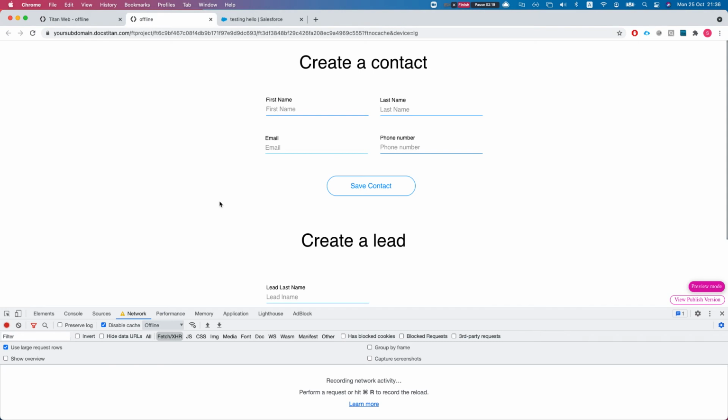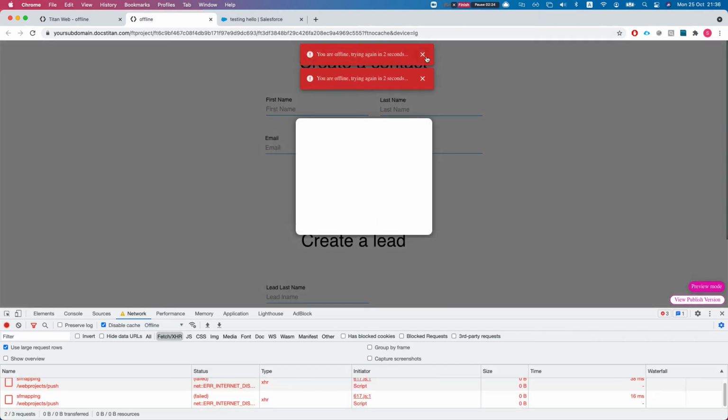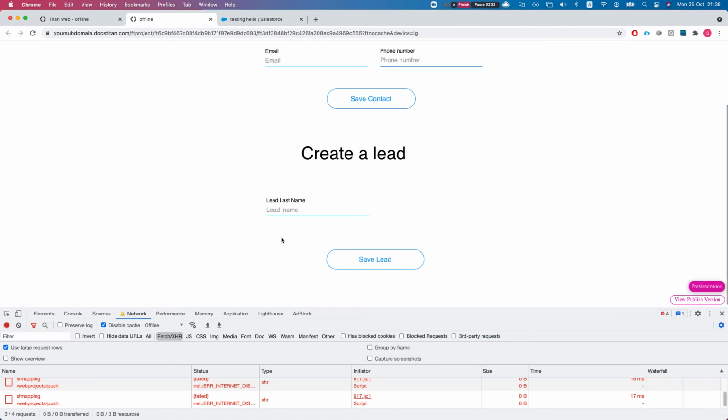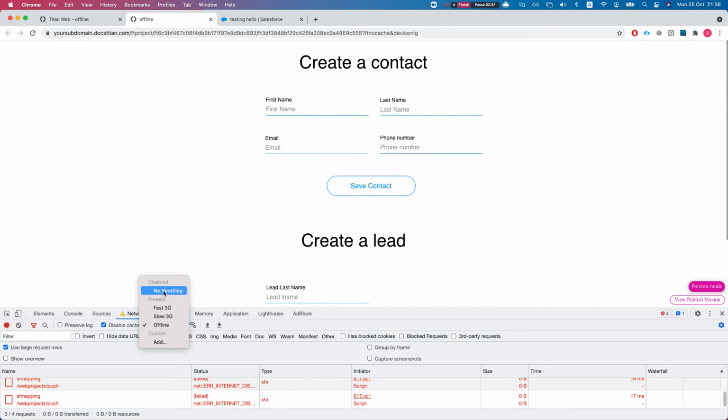So right now my browser is offline, so I'll hit save contact, and this is what we get. You're offline, we're trying, and that's it. And everything is gone. I have no way of regenerating this for the user. So I'll go back online,